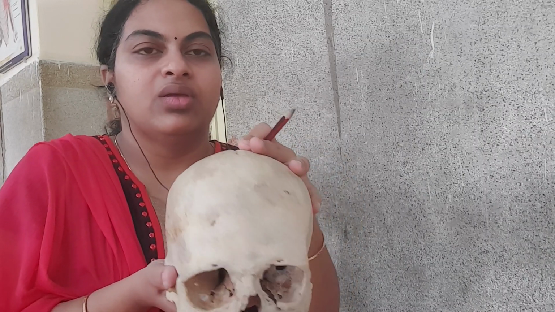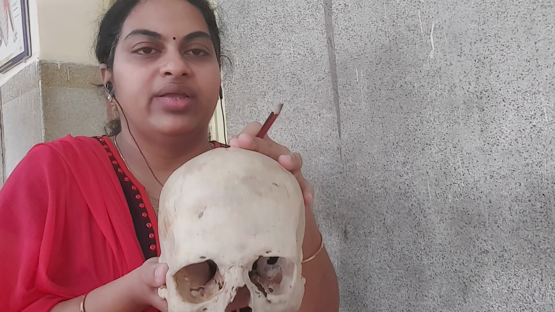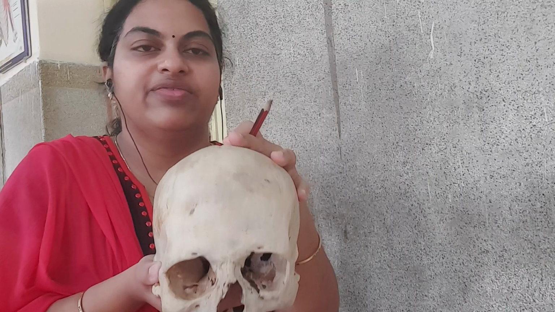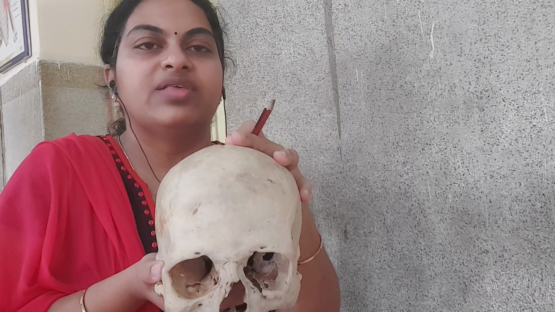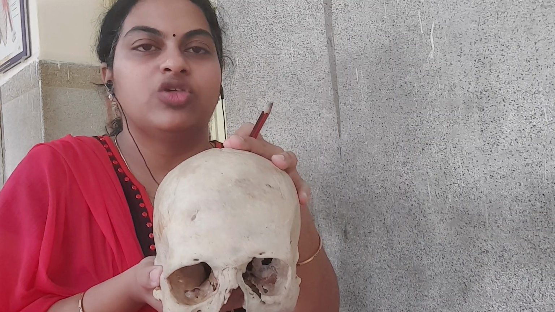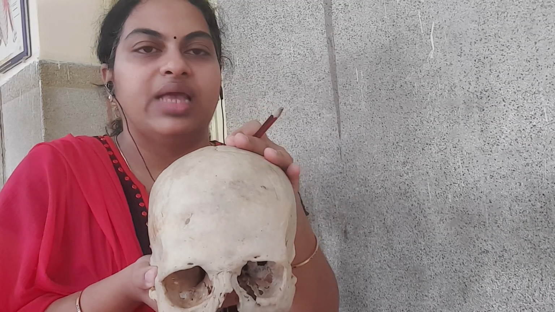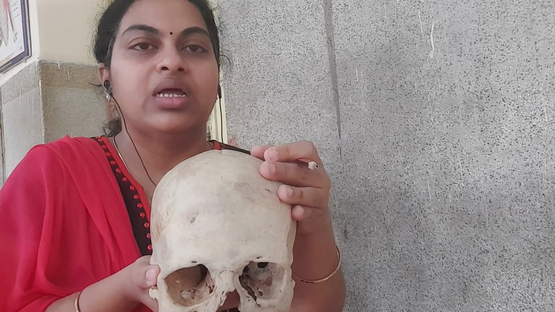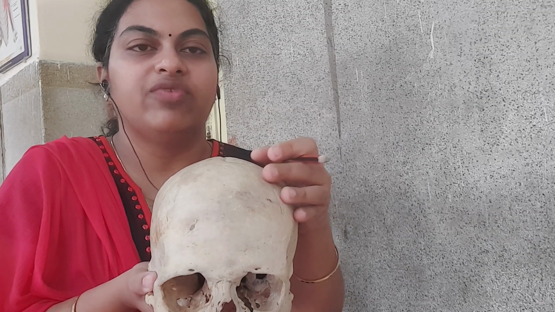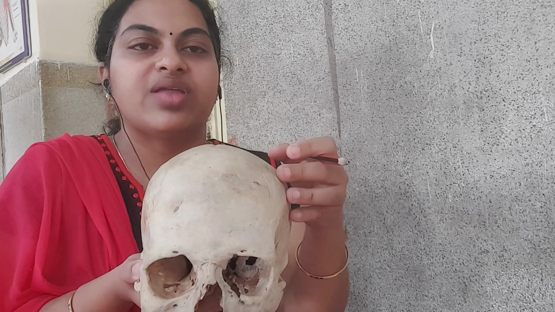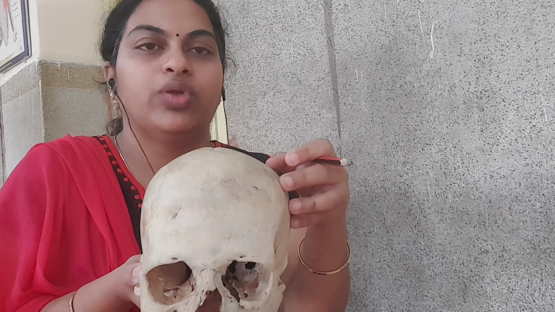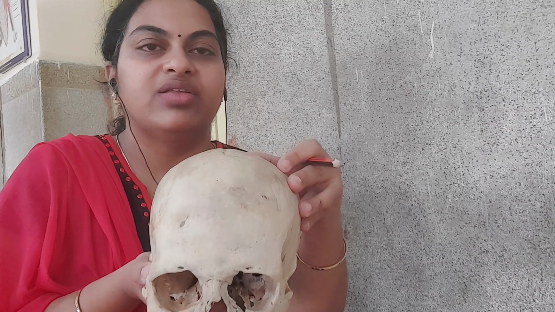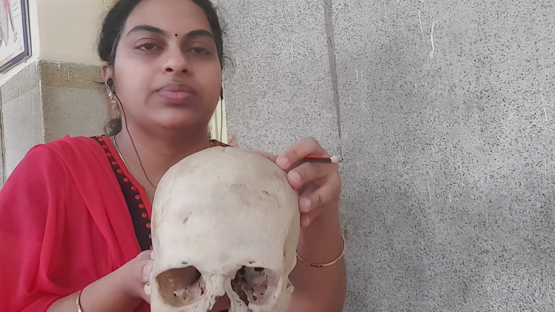Okay? So while doing osteology of head and neck, you'll be learning the individual bones, but you'll be learning osteology in a different way. For example, in upper limb, when you did osteology, you know that the humerus is in the arm. In head and neck, while you learn about one bone, you can see that particular bone is not confined to that area, but will be extending to the adjacent areas and contributing to it. So the best way to learn osteology in head and neck is by studying the skull in different views.